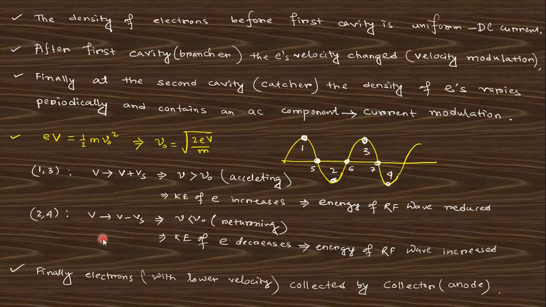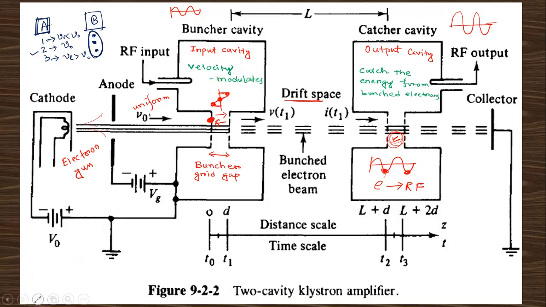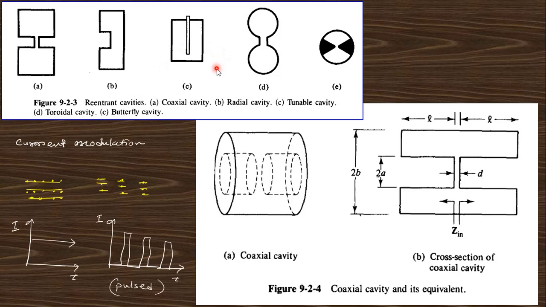We draw this one here, but you can replace it with this type of cavity, and this type of cavity is different from the conventional cavity, because in this cavity there will be a resonance happening. And this coaxial cable is also used like that. This coaxial cable is equivalent to the cross section of the coaxial cable that you can see here.